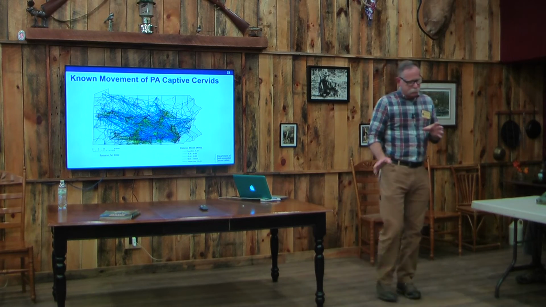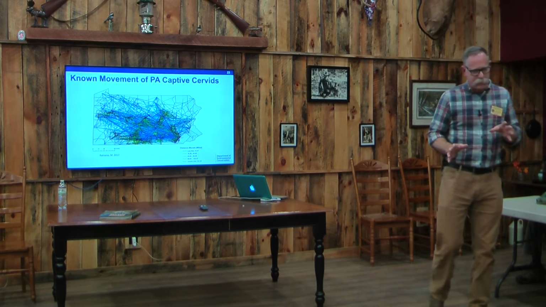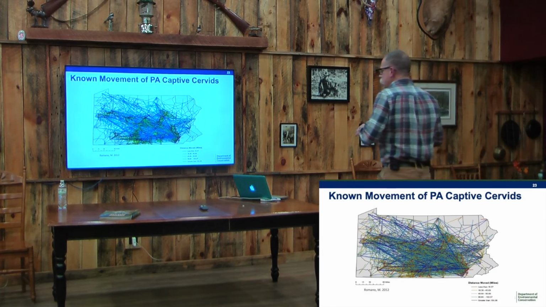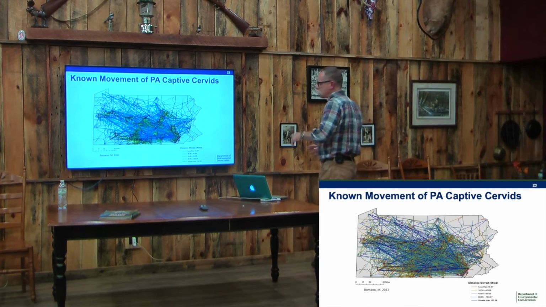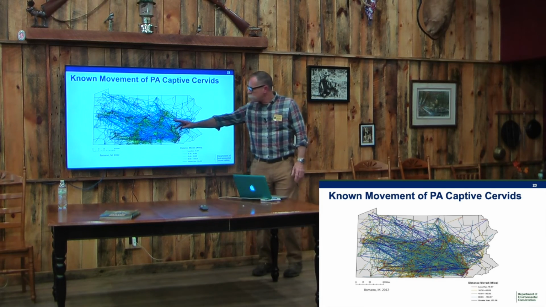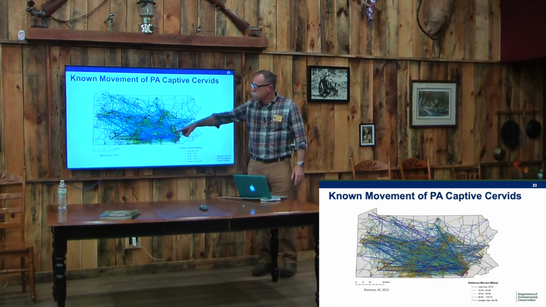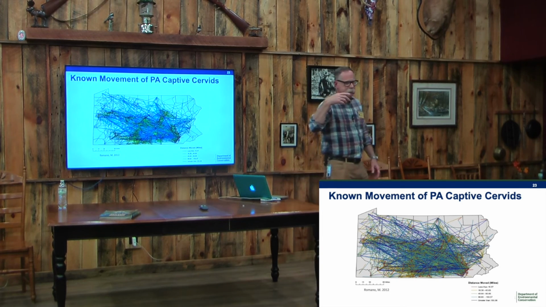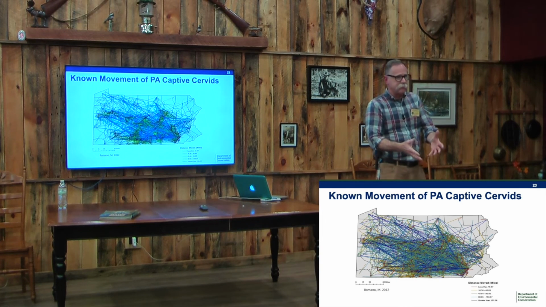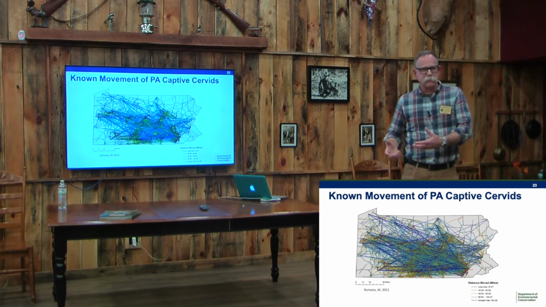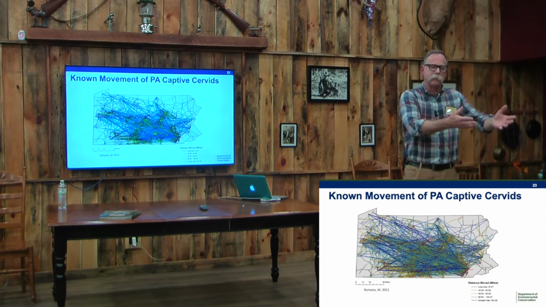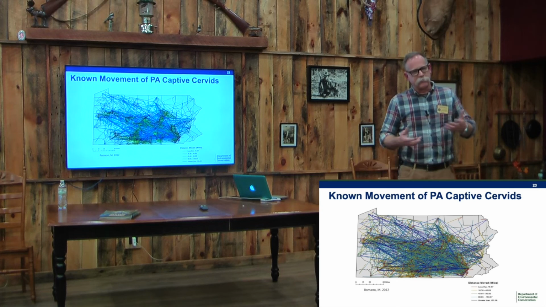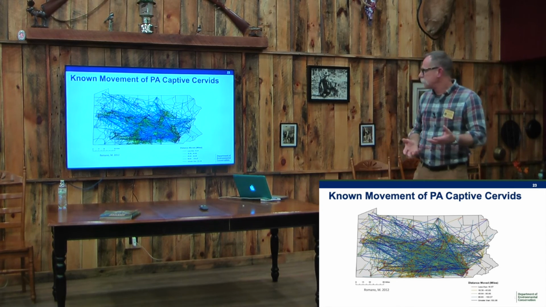And this is kind of a demonstration of the way that these captive deer get moved around. This was done by a graduate student in Pennsylvania, and this shows the movement of deer in one year. This is the reported movement. In Pennsylvania, you don't really have to report movements, but this is how the deer were moving around between the different captive cervid facilities there. There are some farms that specialize in raising fawns. One farm will send fawns out to that one to get raised, and then they come back, because fawn raising is kind of labor intensive if they take them away from their mother.